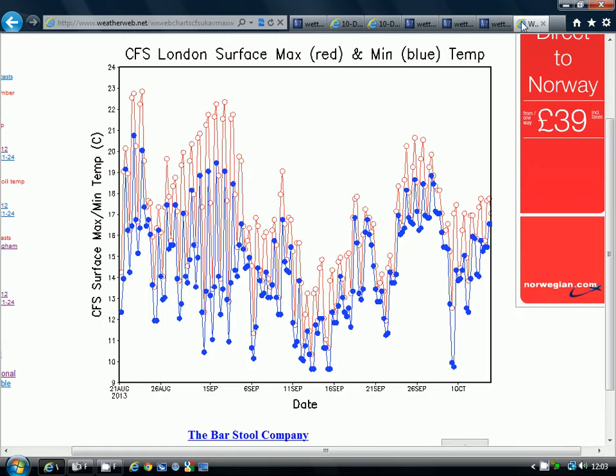These are the city forecasts from the longer range CFS model from the website weatherweb.net. You can find weatherweb.net on my links page. I looked at this a couple of weeks back, and it was suggested that we'd keep it reasonably warm going out to the start of September, and then around the 5th or the 6th of September, you may remember this if you saw the video, the city temperature forecast suggested we'd see a quite quick slide down in the temperature, and actually, funnily enough, that idea is still with us with the CFS model.